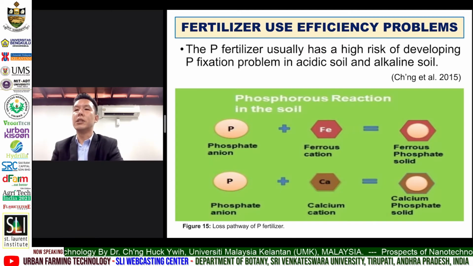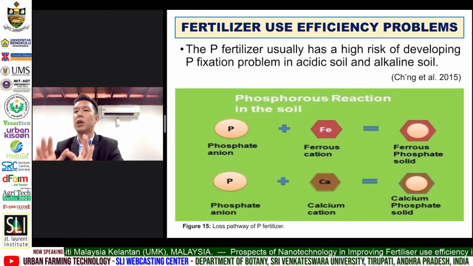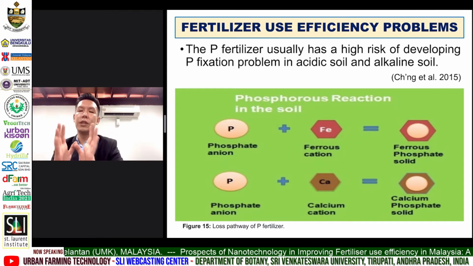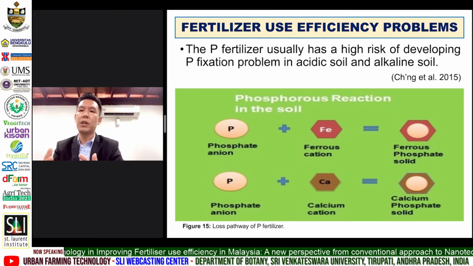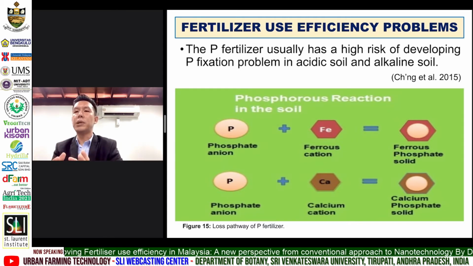So next, this is another problem which happens in Malaysia with the fixation of phosphorus. Now, in Malaysia, most of our soils are acidic in condition. So once the soil is acidic, aluminium and iron are always present in a very large quantity. So this aluminium and iron are positively charged. So when we apply this phosphate fertilizer, P fertilizers, this phosphate is negatively charged. So because of the huge quantity of this aluminium and iron ions, which are positively charged, they have a very great affinity towards the negatively charged phosphate ions.